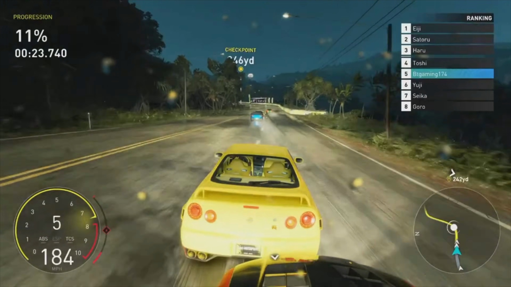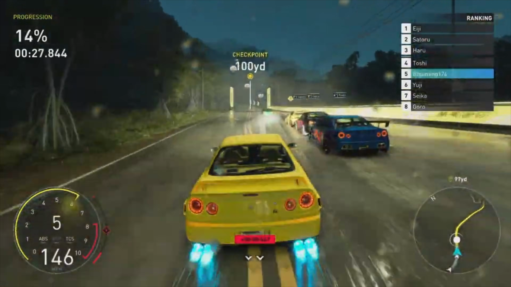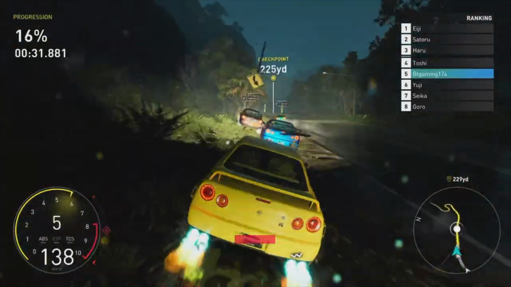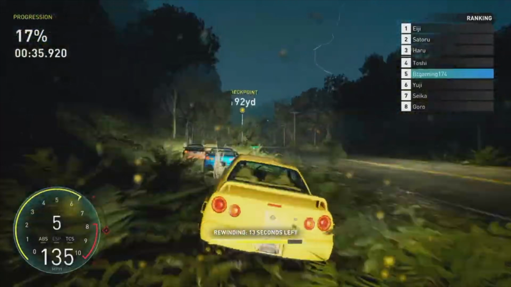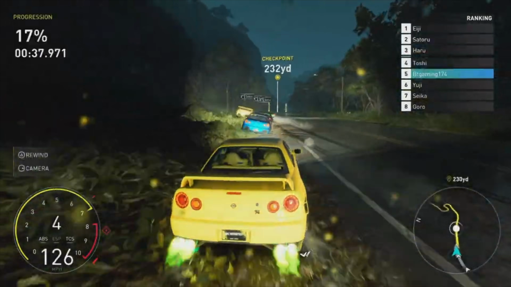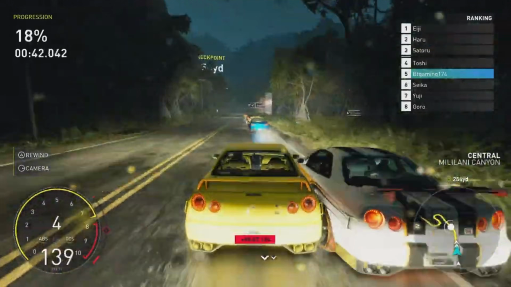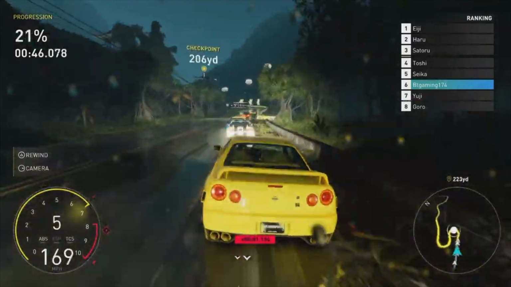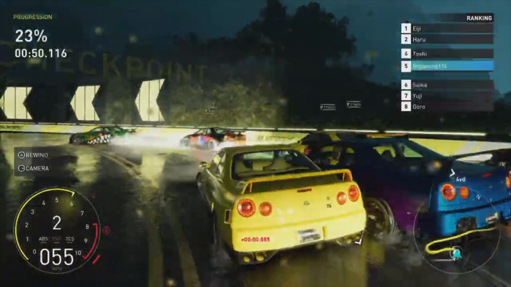Let's not forget about the new vehicles as well. The Crew Motorfest does have a lot of vehicles, 600 plus vehicles. Some of them have been transferred over from The Crew 2, but there are also some new vehicles as well, and they've actually done a really good job. They've added quite a few hypercars, off-road vehicles, planes, boats. They've really given the player quite a few options to choose from in terms of new vehicles, which is nice